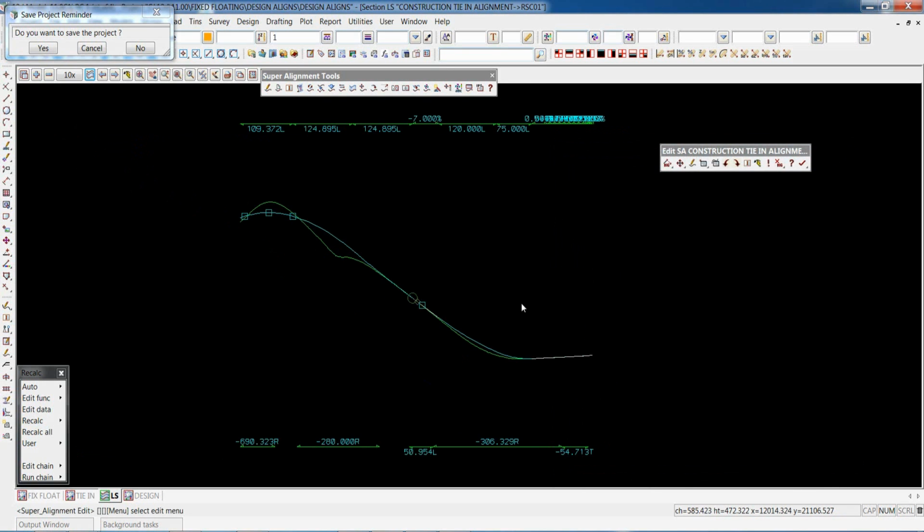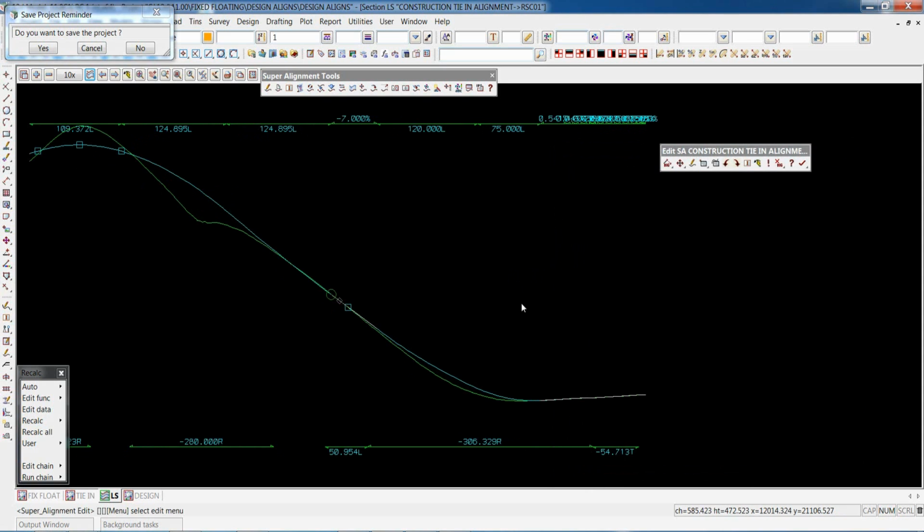So that gives you an idea of the variety of the element parts, being able to put in crests, passing through 3 known points, and then also matching into existing, draping onto a tin surface, all part of the fixed and floating, and then into the computator reference type geometry.